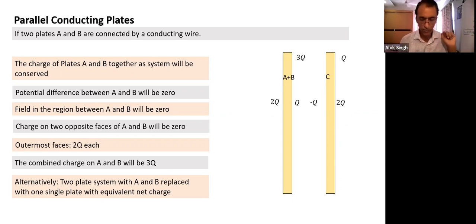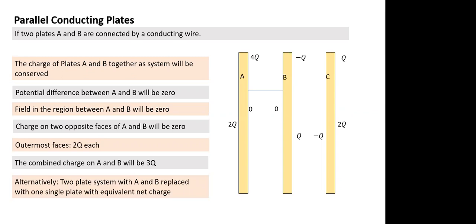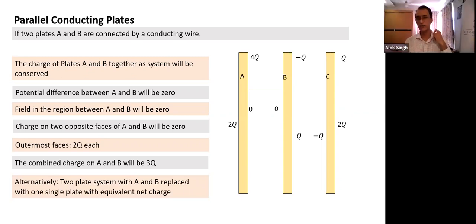What other similar variations can we have? Can you think of what the next step is now? We have done the connecting wire. What else do we do now? Grounding. So this is what we had done yesterday. Similar thing, we'll do grounding also. If you recall, what happens when you connect a conductor to ground? Again, the same thing as when you connect two conductors.